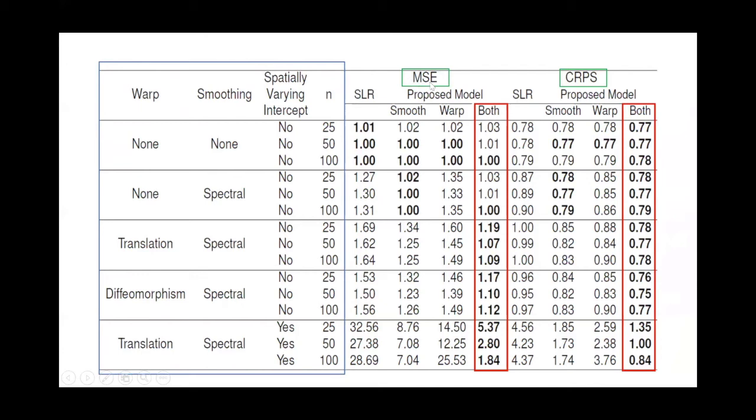And then on the right, see these green boxes, these are our performance metrics. MSE is mean squared error, while CRPS is called continuous rank probability score. So the difference between the two is MSE is a performance metric for a point estimator. So you give an estimate, you have a true value, you compute the squared error difference between the two, and